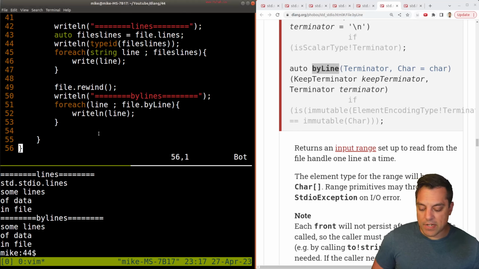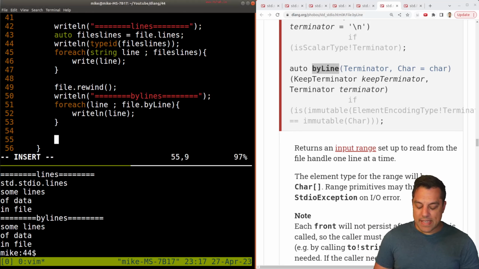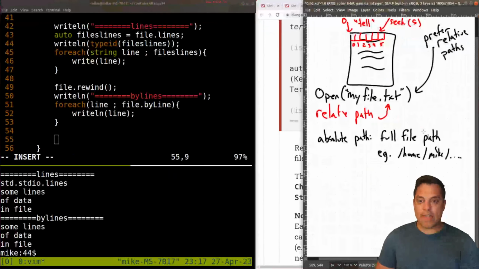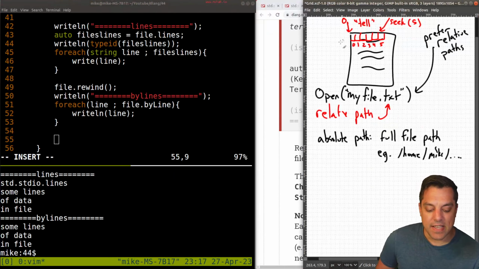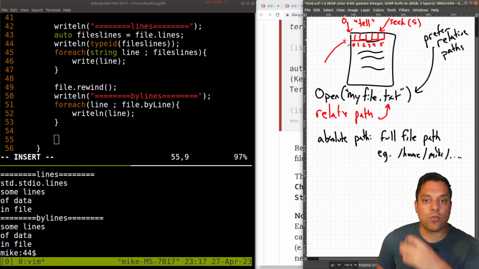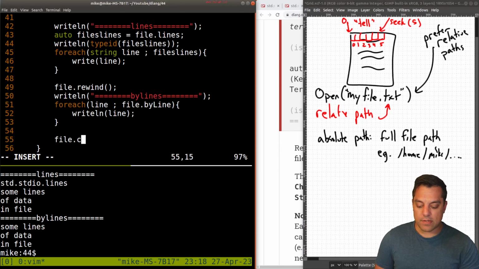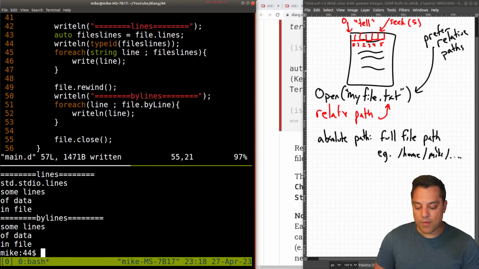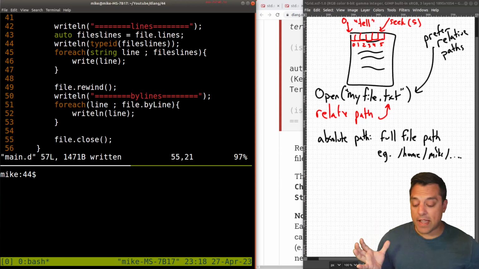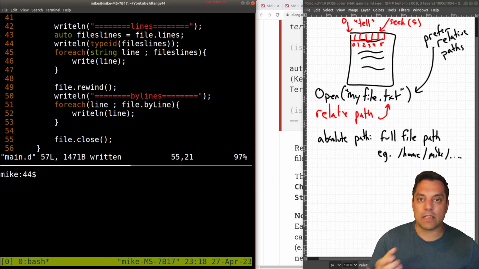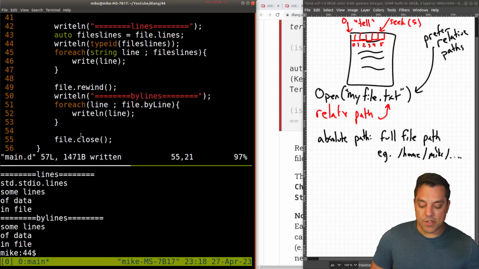So the very last thing that we need to do before I wrap this video up has to do with more of an operating system thing: once we've opened this file for manipulating it, meaning to read from it, we have to close the file. So as we close this video, the last thing we're going to do here is file.close. Just like in C, we want to make sure that once we're done with the actual file, if you've worked with files in languages like C or Python or anything,